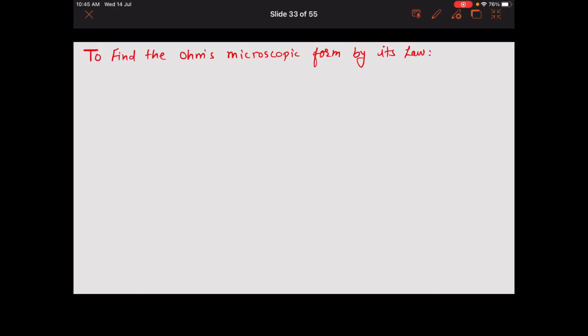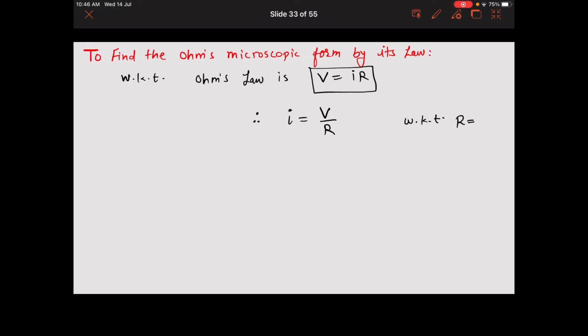Now, to derive Ohm's microscopic form from Ohm's law, we know that Ohm's law is V equals IR. Therefore, I equals V by R. We know that R equals rho L by A and V equals E into L. Hence, I becomes E L upon rho L by A, or we can write I equals